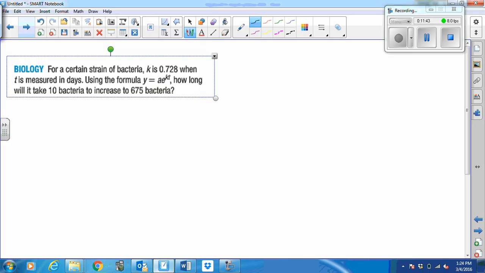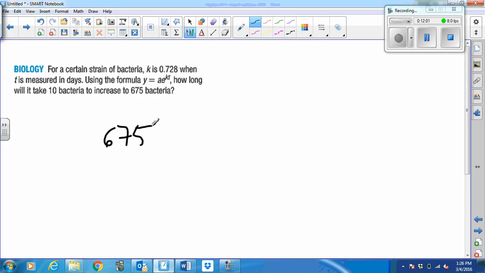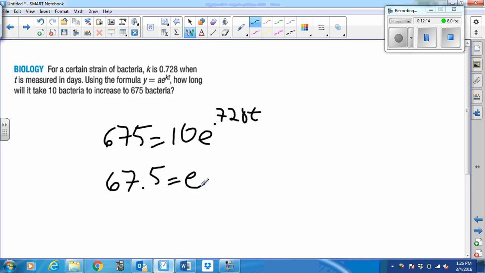For a certain strain of bacteria, k is 0.728 when t is measured in days. So using that formula, how long will it take 10 bacteria to increase to 675 bacteria? So we're going to say 675 equals 10 times e to the k, which is 0.728t. So we're going to divide by 10 on both sides. So we get 67.5 equals e to the